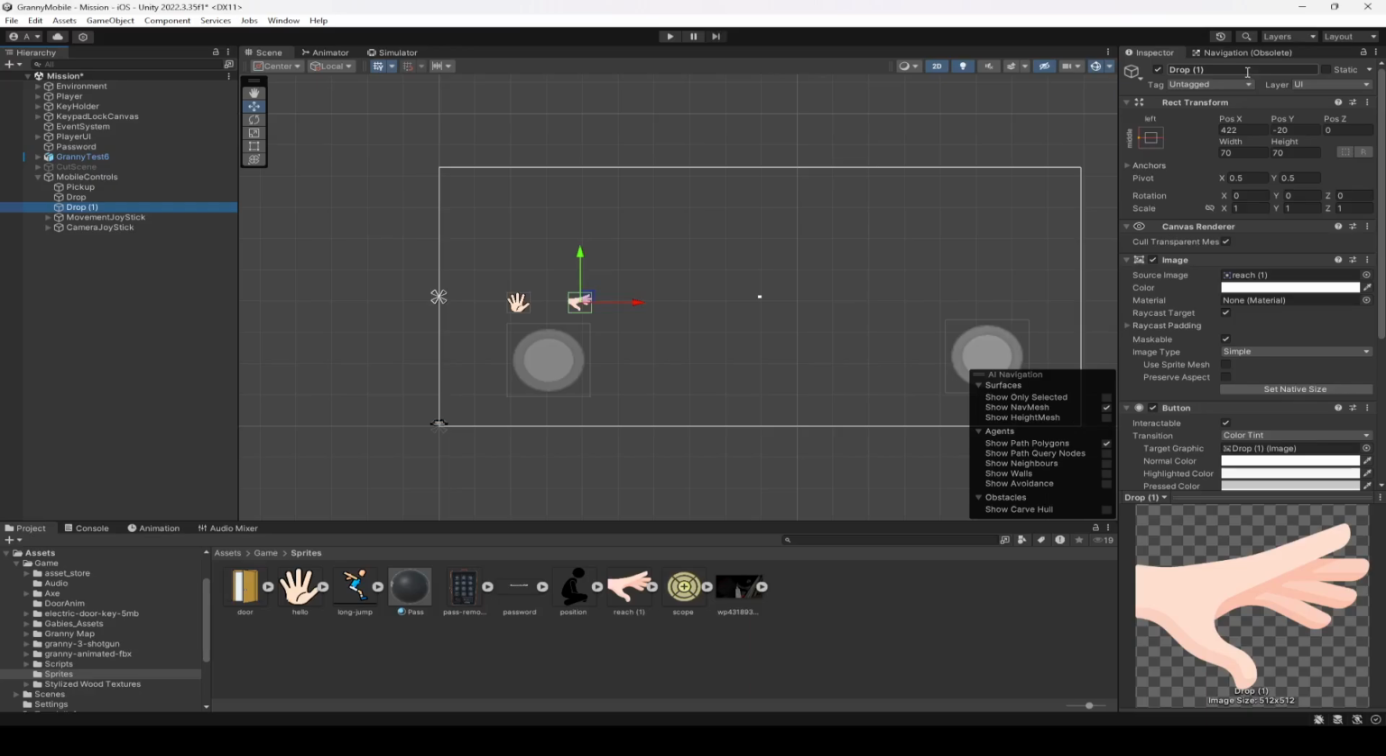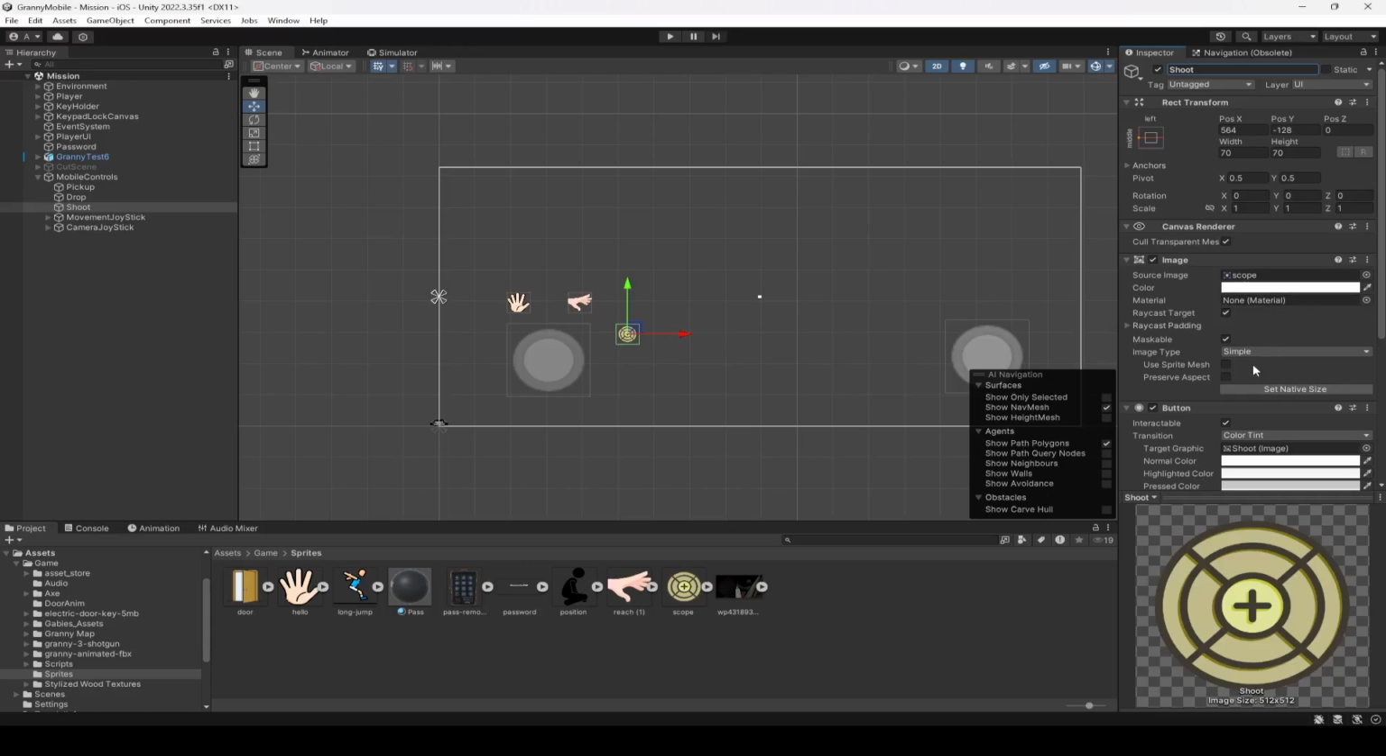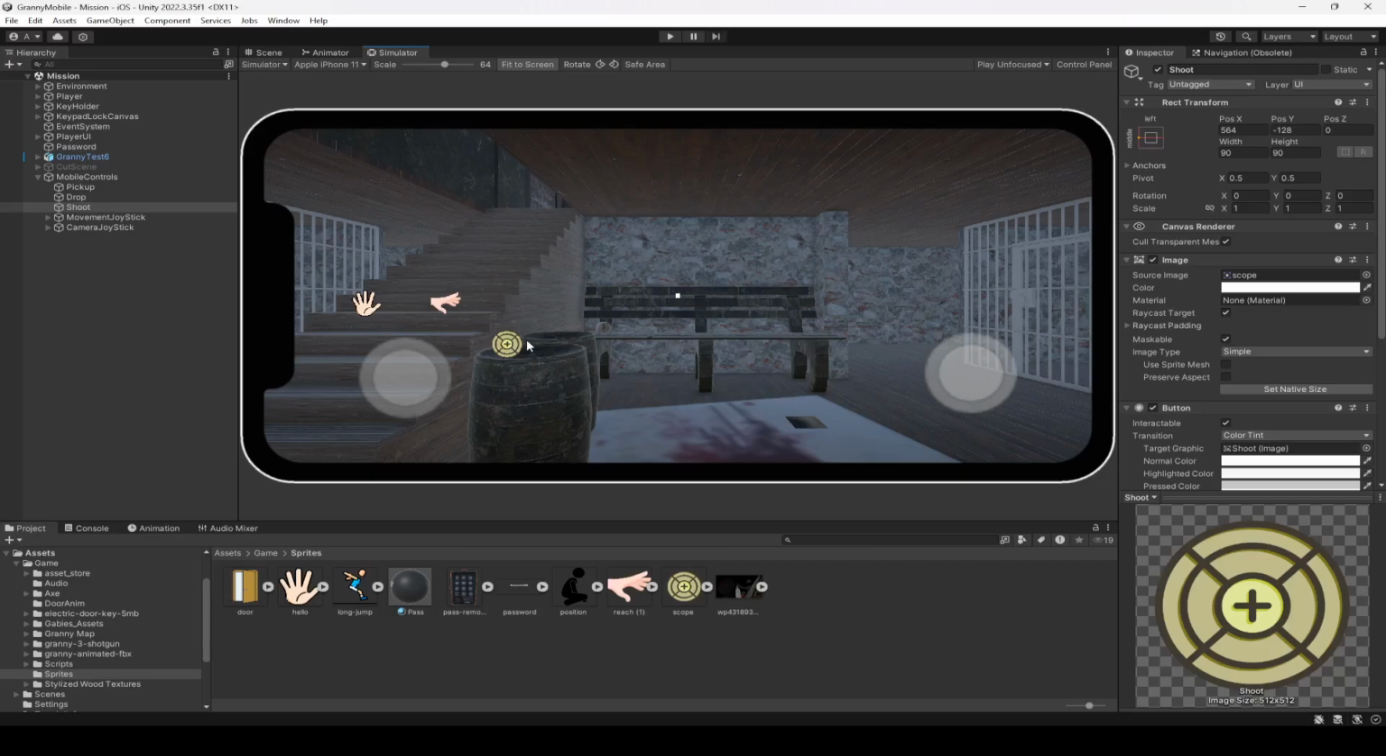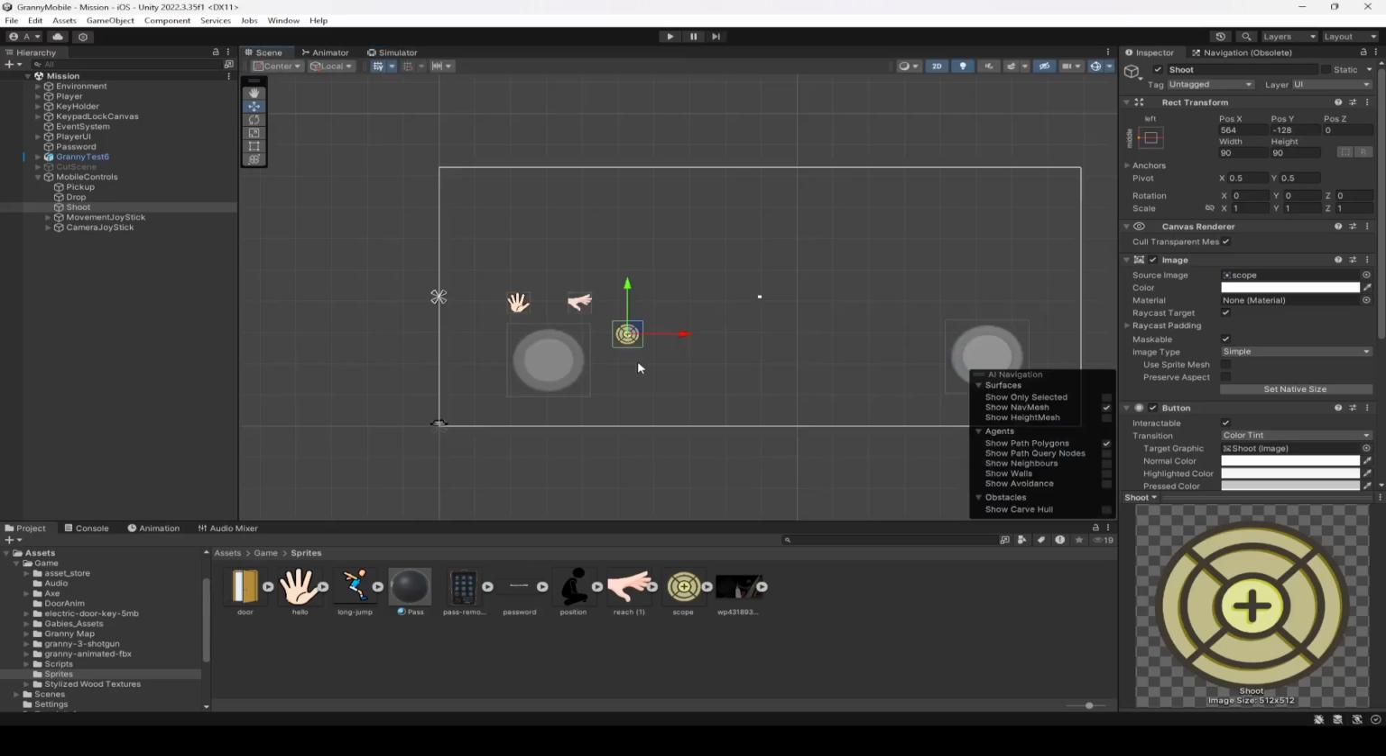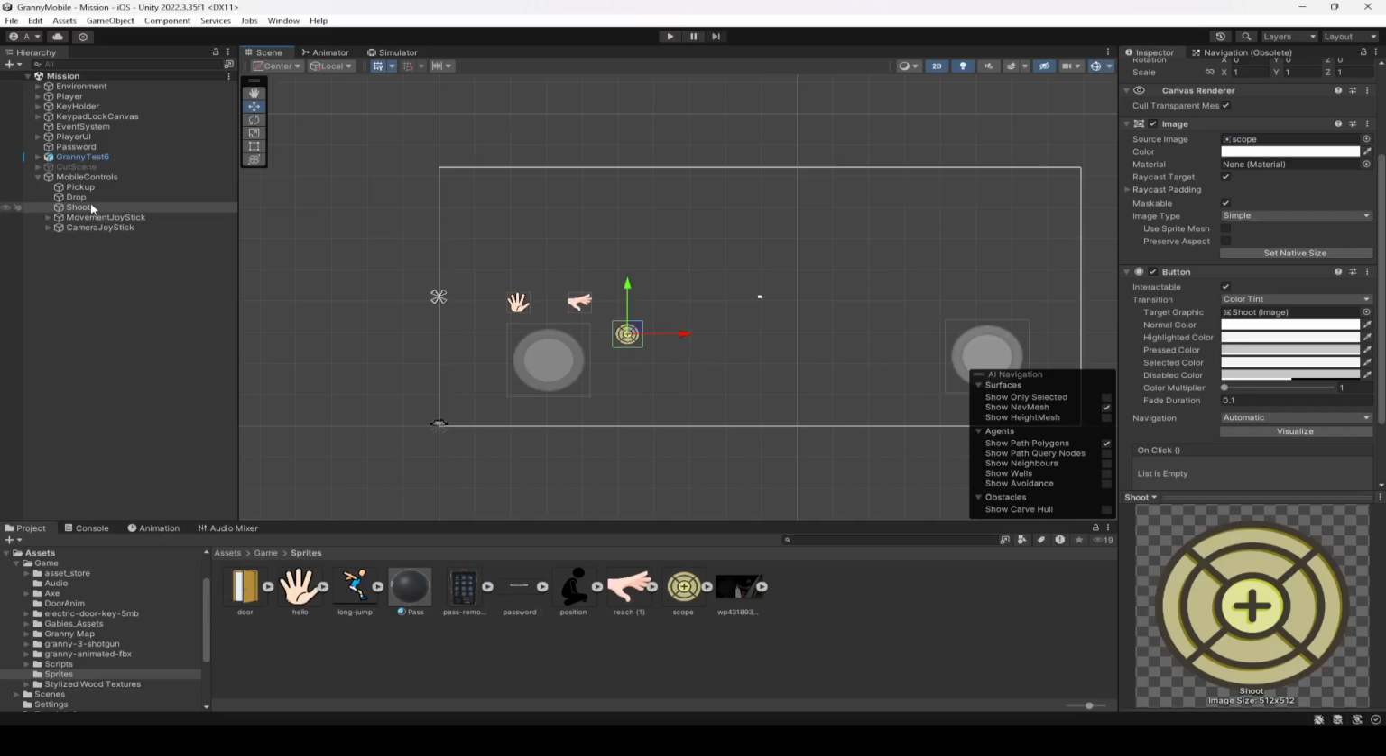then duplicate it, name this other button as shoot and move the shoot, for example, right here. Alright, and drag and drop this scope icon right there. Okay, and for the shoot we're gonna make the width 90 and height 90. Okay, then we need to add other buttons as well, so duplicate this button again,